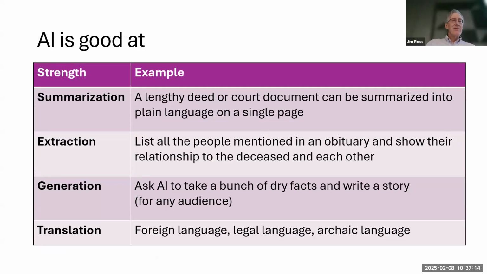What is it good at? Well, in broad strokes, it's good at four things: summarizing, extracting, generating, and translating. So it can summarize a big, long legal document and put it into simple language. You've seen it extract people from an obit. Generation, I'll show you an example in a minute of taking a bunch of dry facts and building something from it. And translations, you've seen a little bit of German,